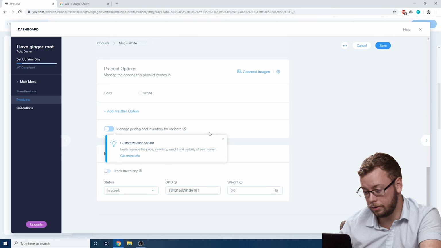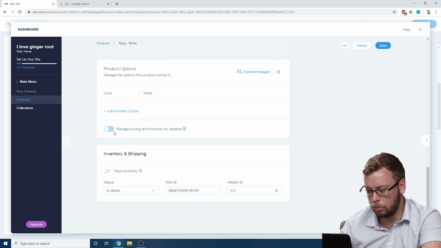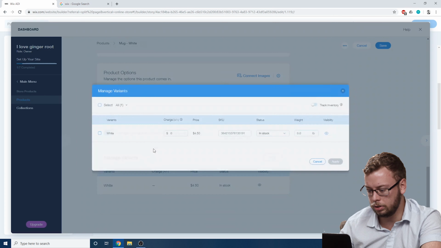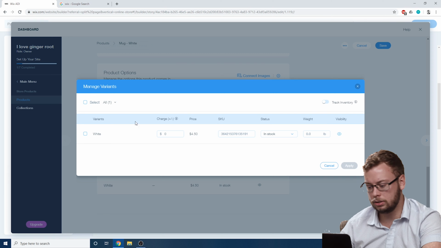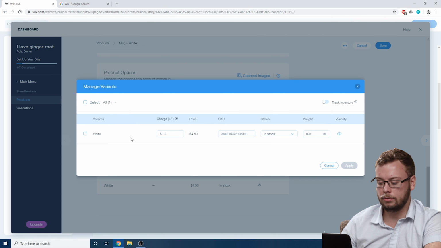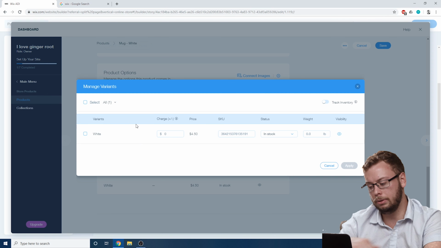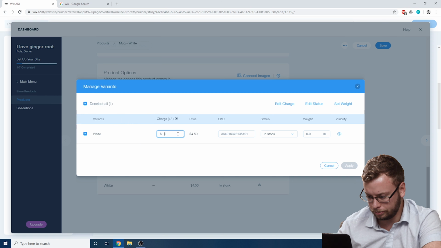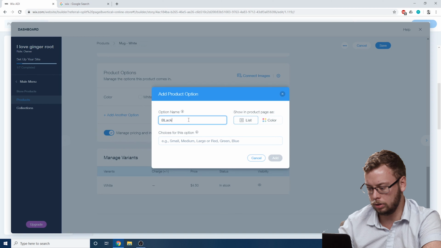Not many variations yet. We'll see how this goes. Maybe we can get some more products out there, right? So manage pricing and inventory for variants. I don't really know. So right now, what I'm seeing here is it allows you to set variable pricing. So for example, if you have a product that's white, white mug is $4.50, where it costs you more to have a black mug, or it costs you more to have a gray one. Then you can set different pricing based on color. So when people select a color, you'll be able to do that. So for example, with the white one, we're going to leave it as is, and we're going to be able to work with that. If I were to say this is have a black mug,